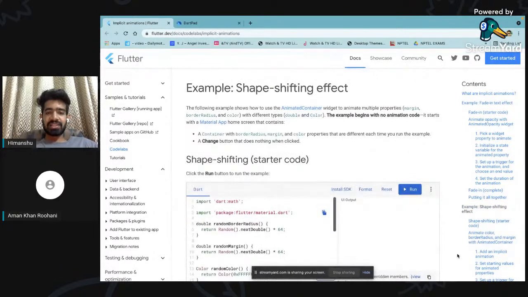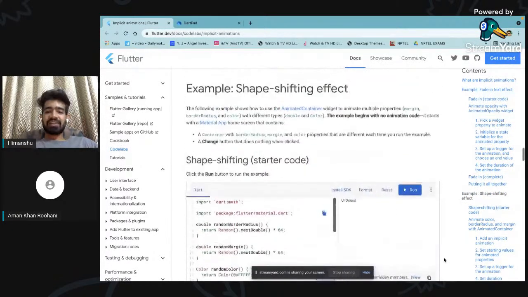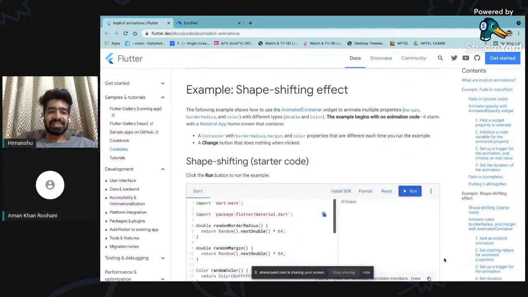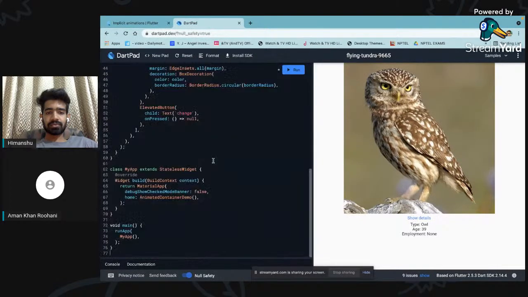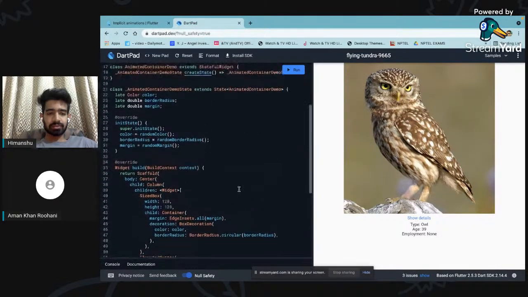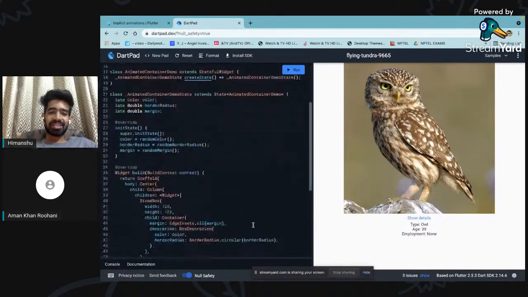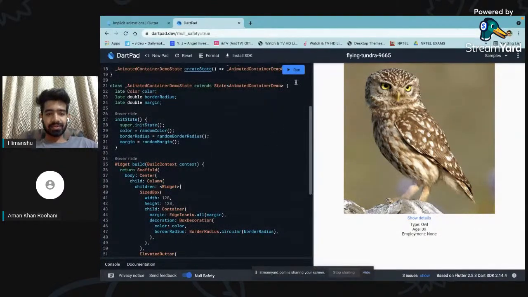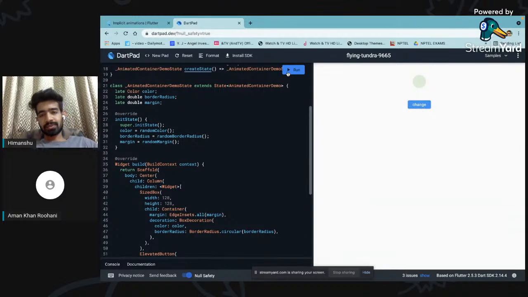Now here's the shape shifting effect. First, someone please just copy this code to the dartpad. You can just run it. Now, if you just click on the change,